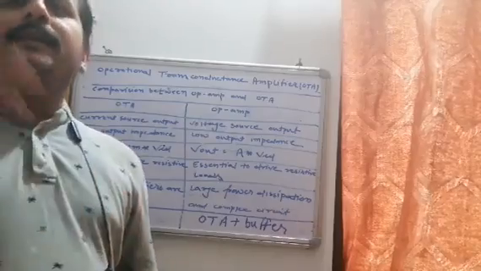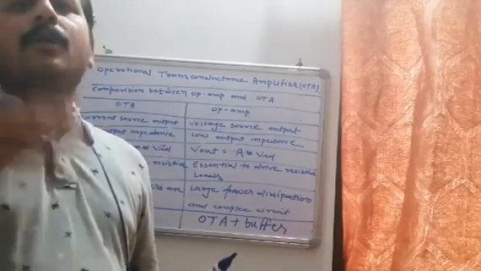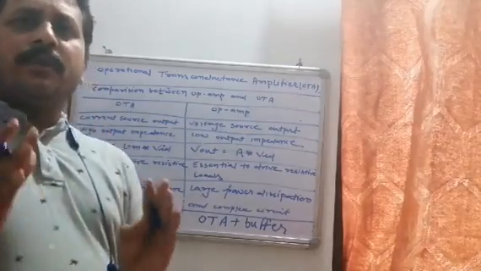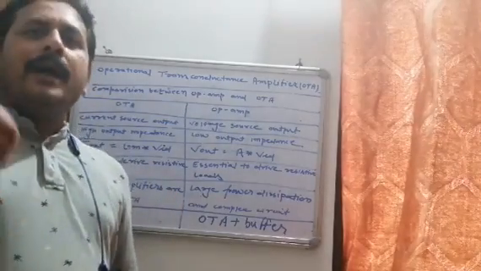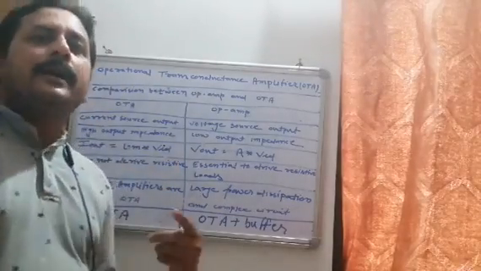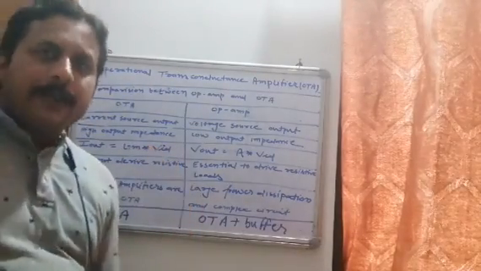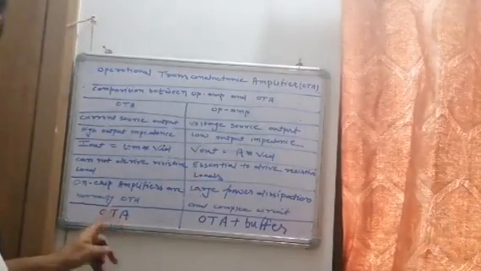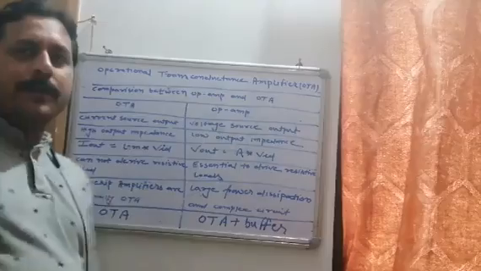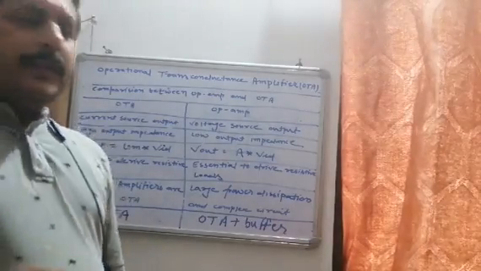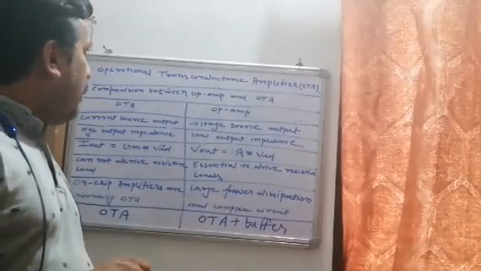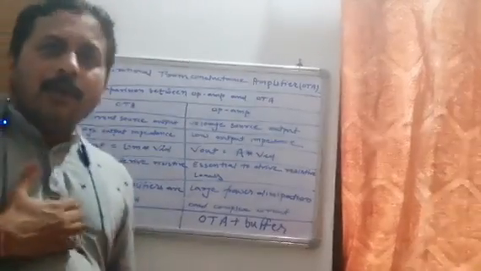If I see the circuit diagram of OTA and operational amplifier, we will find some basic difference between them. If I apply a buffer circuit at the output of an OTA, it is converted into an operational amplifier. That's what I mentioned here: OTA plus buffer circuit converts into an operational amplifier. So these are the basic merit comparison of operational amplifier and OTA.